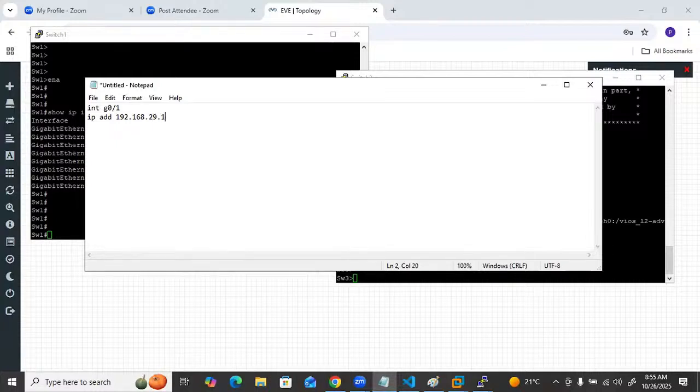Sorry, 29.101. No set. Then apart from that, username, that is admin. Privilege I given the 15. Password is Cisco 123. Then IP domain host name is switch 1. Then IP domain name is cisco.com,